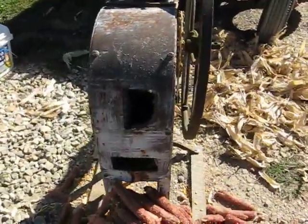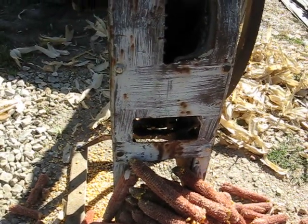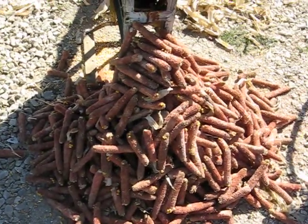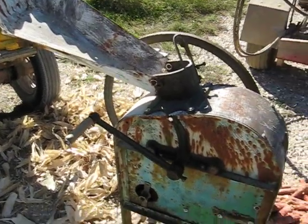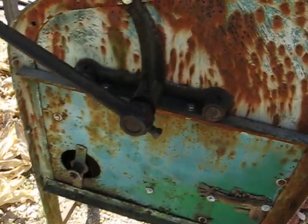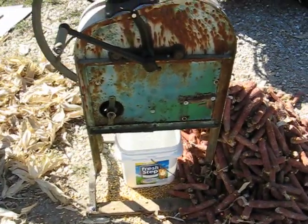In the front you see the hole the cobs will come out, and down beneath it is an exhaust port for that fan, and you'll see both holes having dust and chaff blown out. Right there's a pile of cobs that's already been shelled out. On this side we've got the crank, and another shot of the fan down below. The corn comes out the bottom, and we're just going to stick a plastic bucket underneath it to catch it. You could just let it fall on the ground and shovel it up, but I find a bucket to be